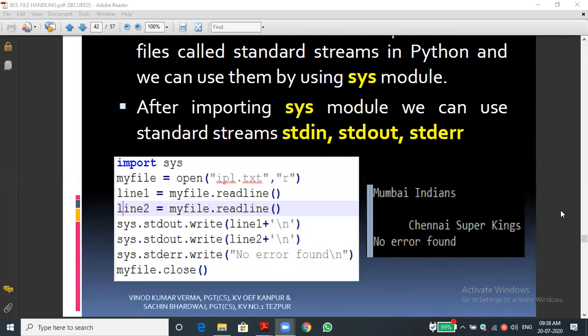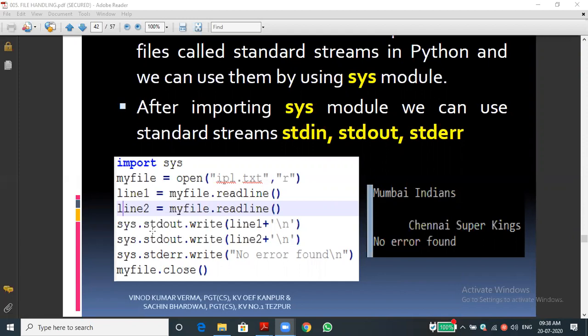Okay, good. Instead of write, here it does not mean writing into the file. We are printing it. Generally, how will you print? We are using the print function to display something.